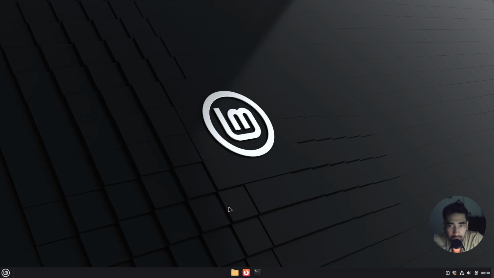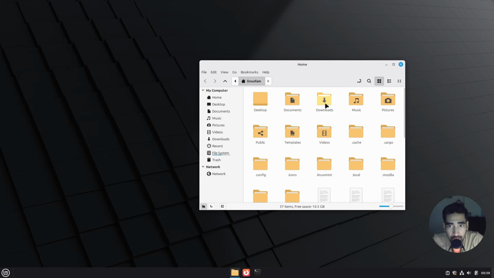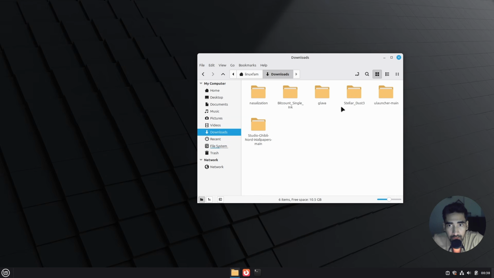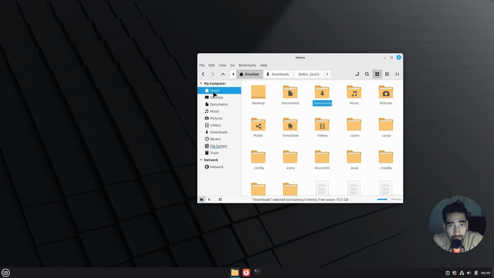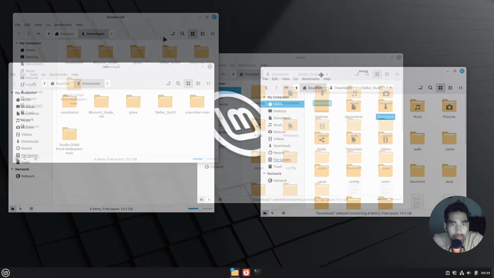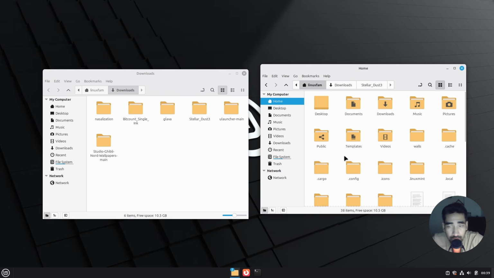And now guys, I'm going to go to downloads and go to project file again, and then copy this walls folder, go to home directory, and then paste it over here. All right, now before I apply all the themes, the last thing that I will do is